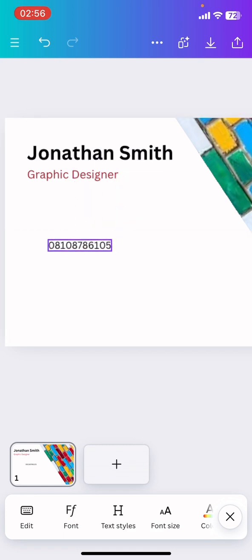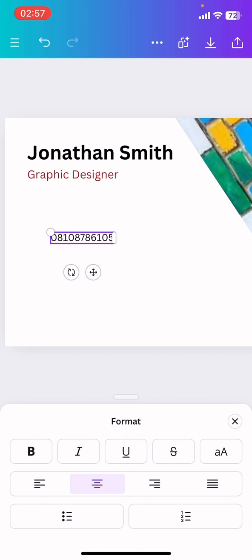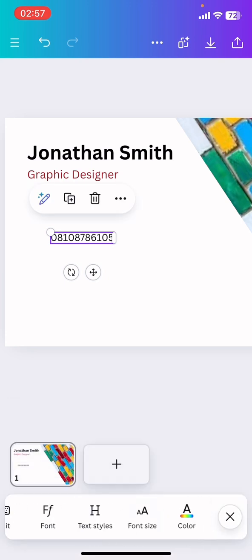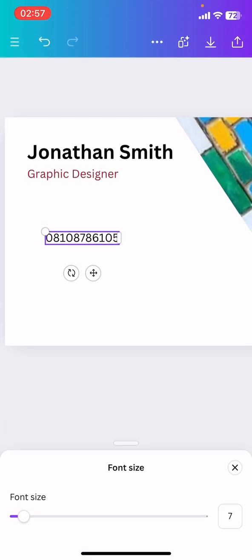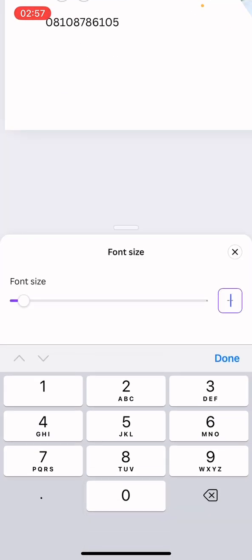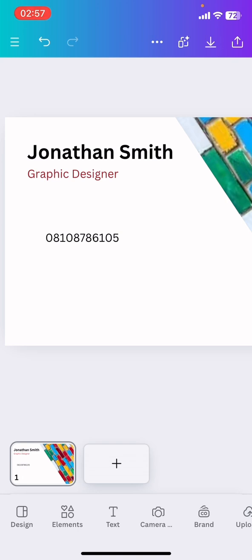Then I can move this to this corner right here. Okay, so I can change the font size. This is font size. I also want to use 7. Okay, and then I am going to try to change this to 6 because I am kind of following design